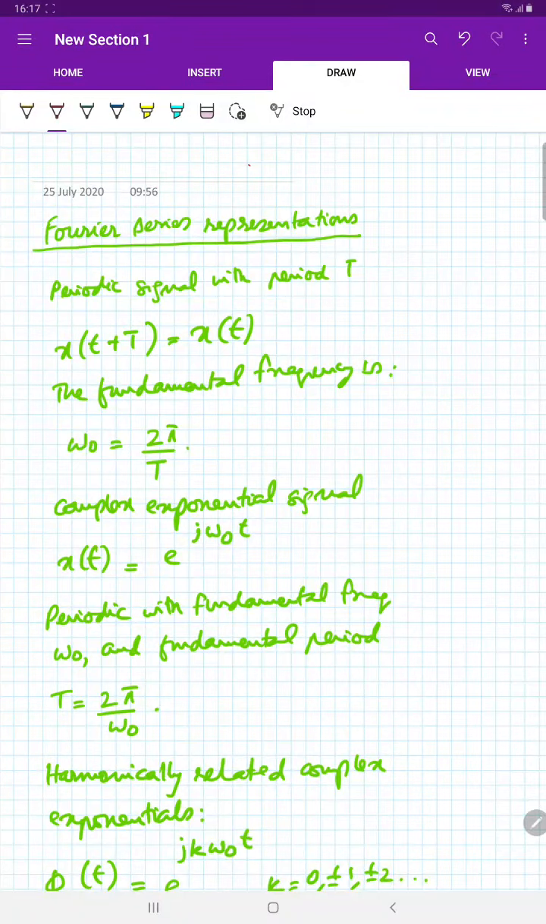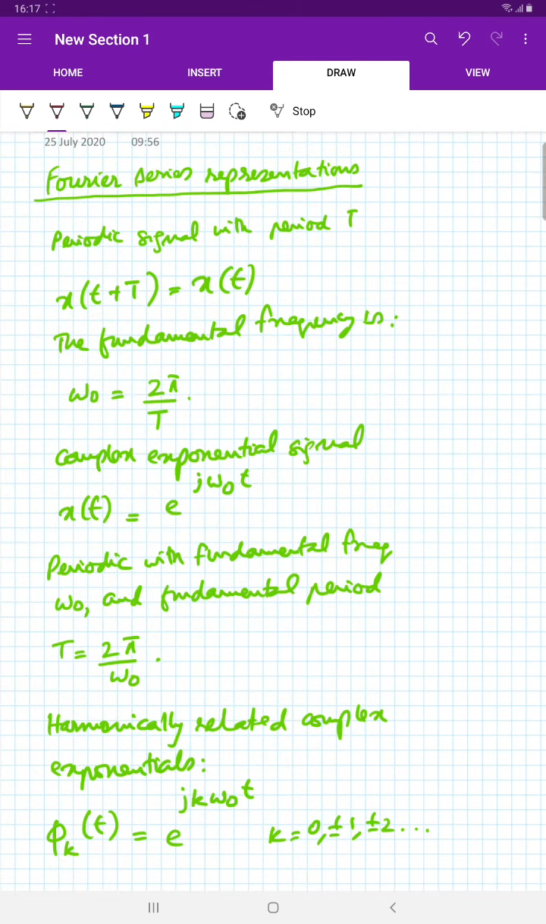Okay, hi. So in this video we will continue our study of Fourier series. We will see Fourier series in action. So let us begin with a periodic signal x of t which has a period capital T. So since it is periodic, x of t plus capital T is x of t, and the fundamental